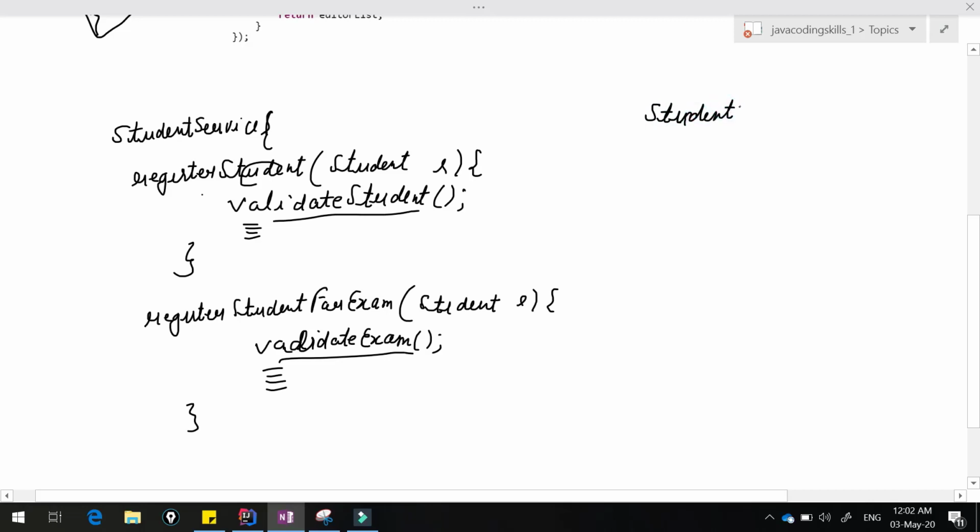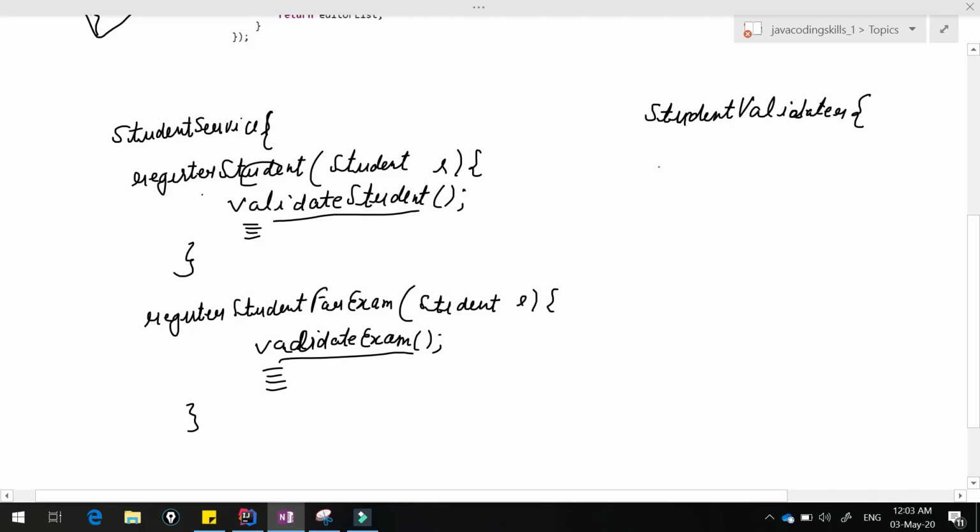Student validator, we can write that. Or we can write student handler or something like that. This is a kind of class.